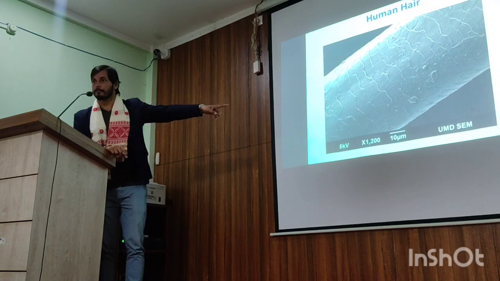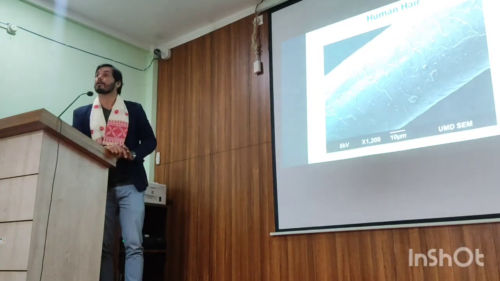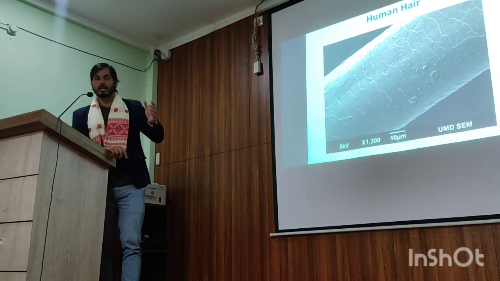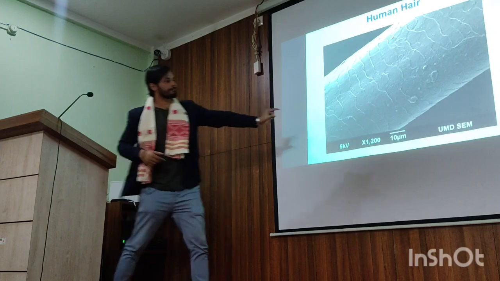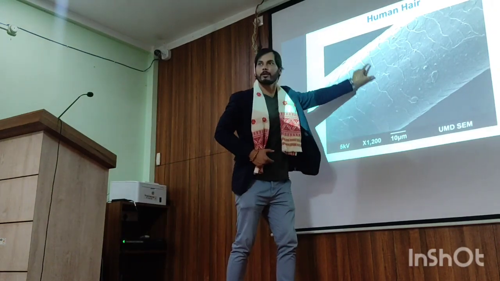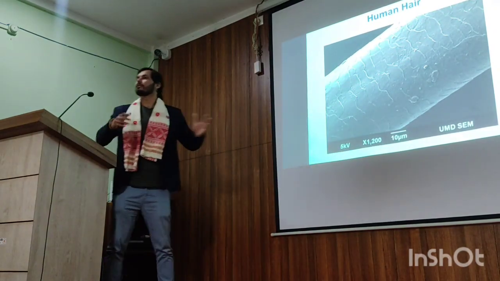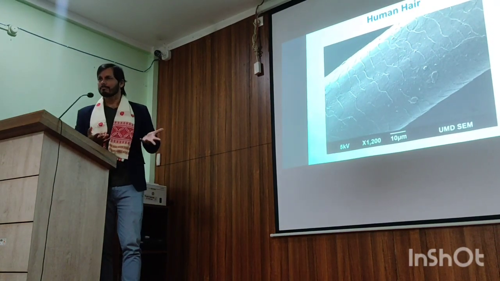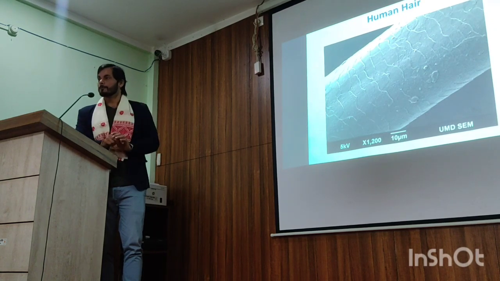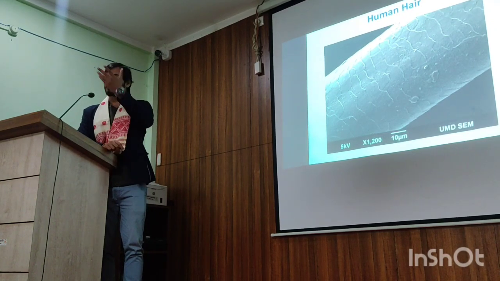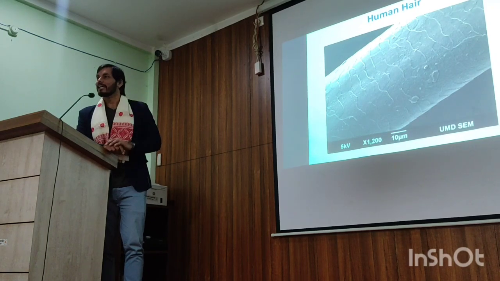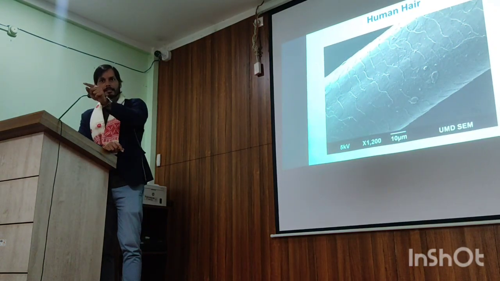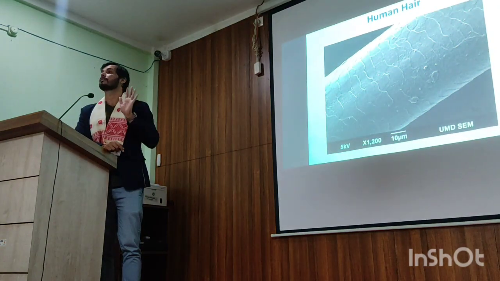So that is the scale. If you see, that scale is 10 micrometer. So now we know 10 micrometer means 10 to the power minus 6. If this is 10 micrometer, if I keep adding that, tentatively it will be around 100 micron or 50 micron, something like that. So now we know that human hair dimension lies in the range of 10 to the power minus 6.